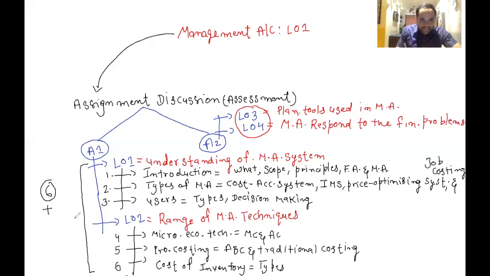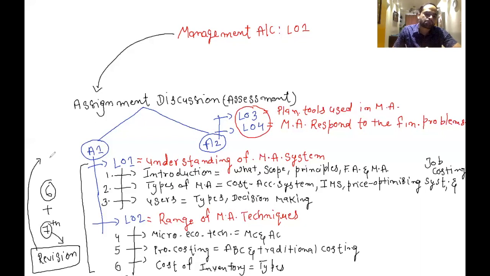After finishing all the learning outcomes, I will give you a 7th session, right? These are 6 sessions, so the 7th session is about revision, revision for your assignment 1. In this revision, I will give you a full outline, all right? And of course, I will explain this outline to you as well, all right? So keep in your mind,